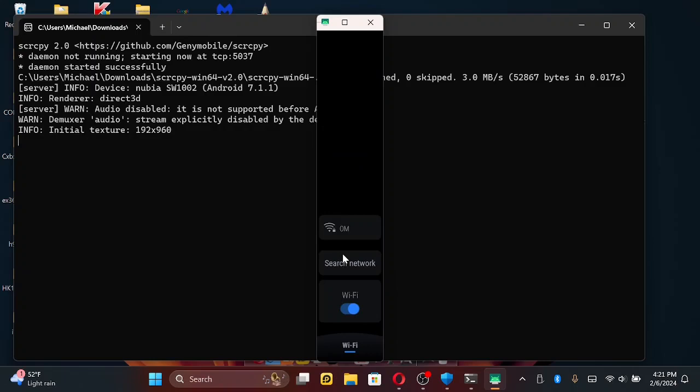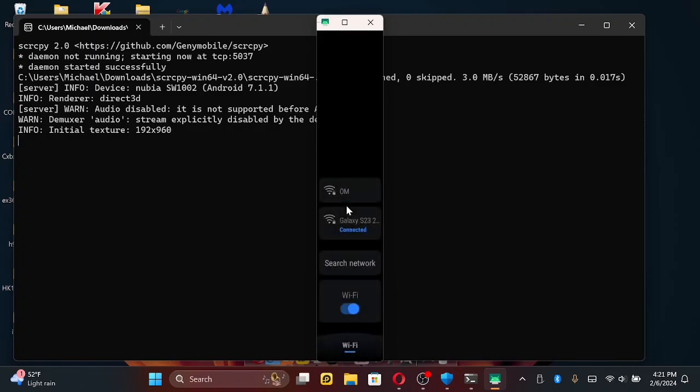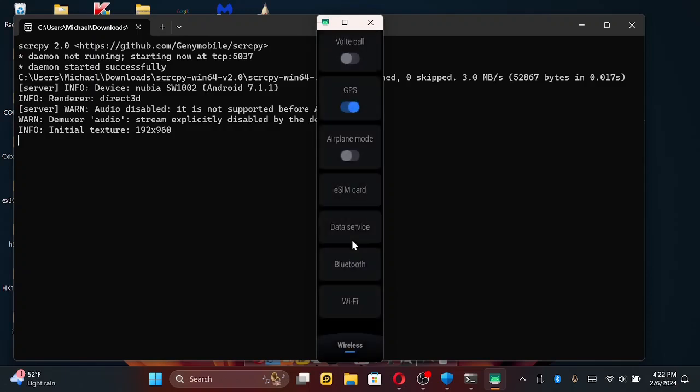Okay, this is my work Wi-Fi. I'll use my hotspot so I can show you guys something real quick. Now that it's on, let's go back again. So Galaxy connected. Okay, so let's go back,